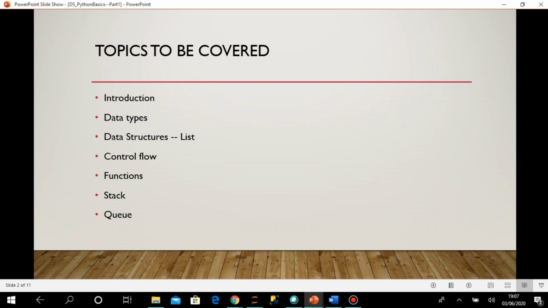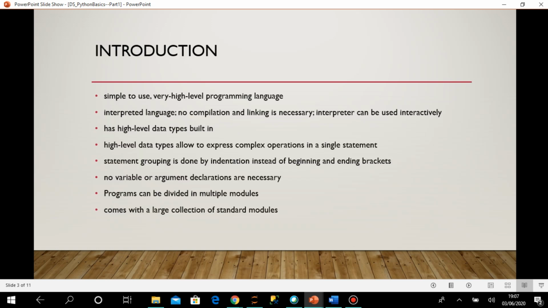Okay, so we'll start with the introduction to Python. Data science is very much dependent on the language Python, because it is a very simple language and a very high level programming language.